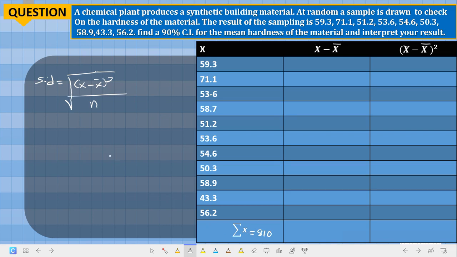The mean, x bar, is the summation of x over n, where n is the number of values there. Now how many are here? We have 1 2 3 4 5 6 7 8 9 10 11. So to get our mean, it will be 810 all over 11, and this will give us